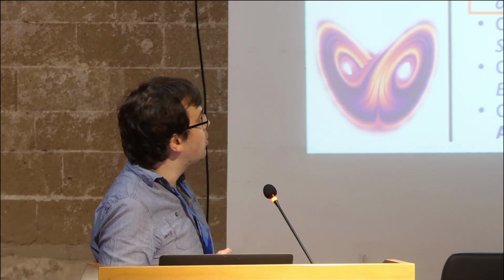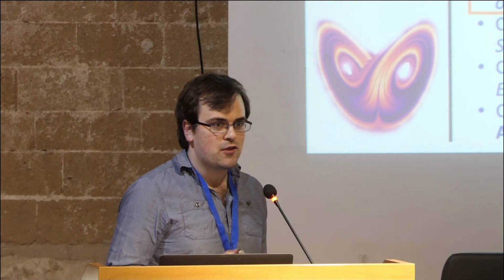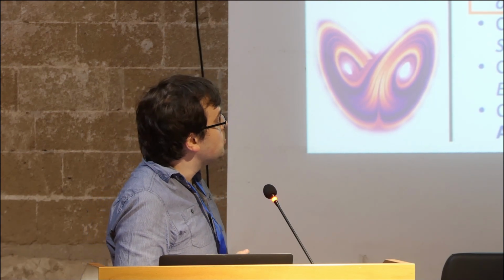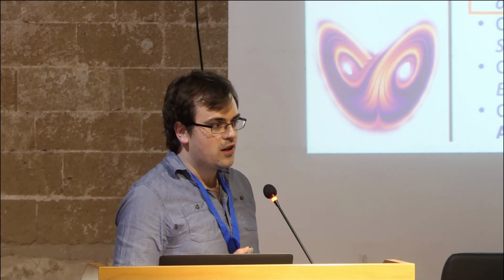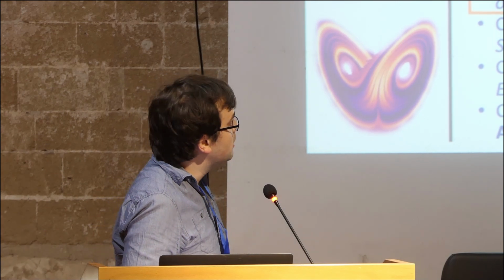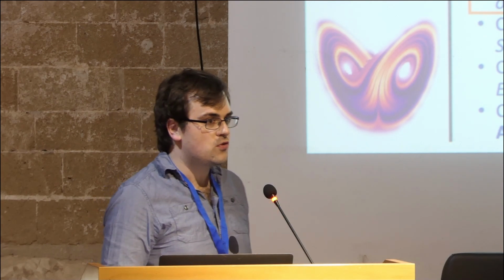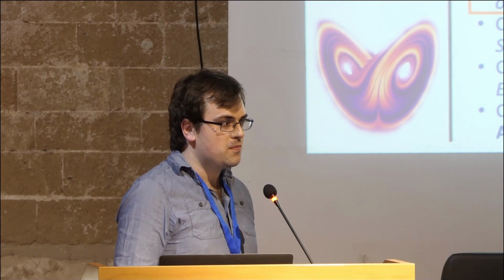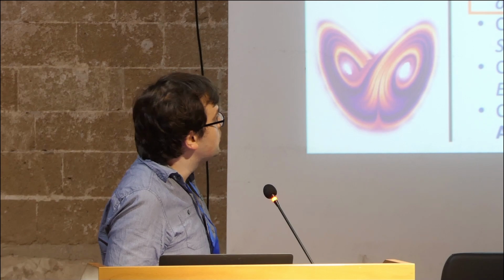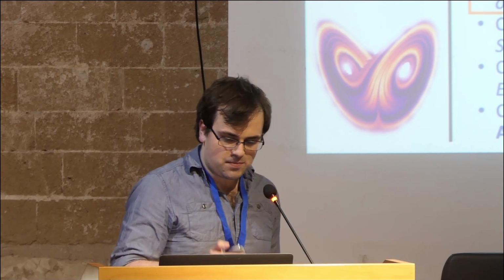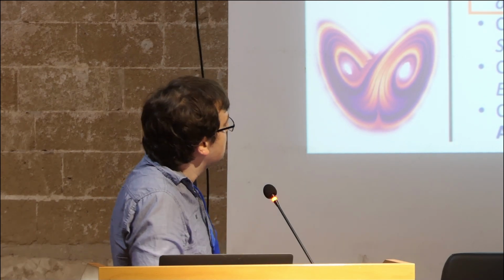So I'm going to be focusing in this talk on a question that's really been the focus of my research over the last few years, and that's whether we can actually compute spectral properties of infinite dimensional Koopman operators. So the emphasis here is controlling the errors when we go from something infinite dimensional to a finite dimensional projection. This is based on a bunch of papers I thought I'd list at the start.